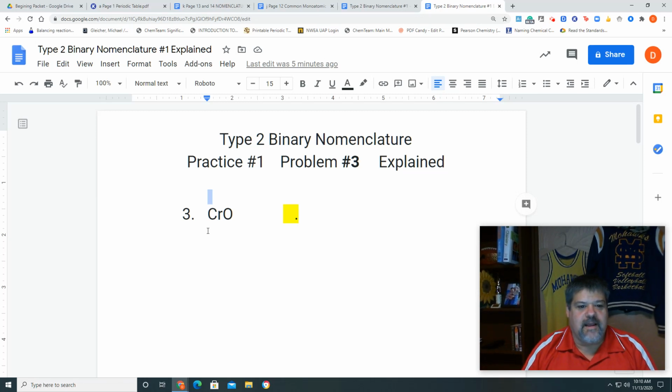This time we're going to do our practice from our type 2 binary nomenclature from practice sheet number 1, problem number 3, and we'll show you how to go through it. Again, remember with type 2, as always, the metal is not a specific charge like there is with type 1. So again, we look at our